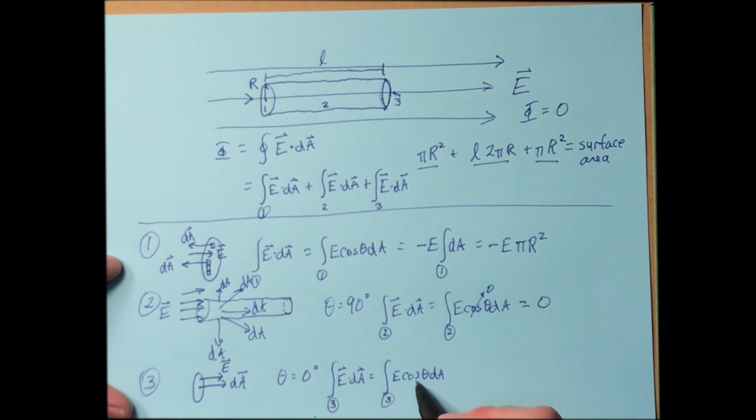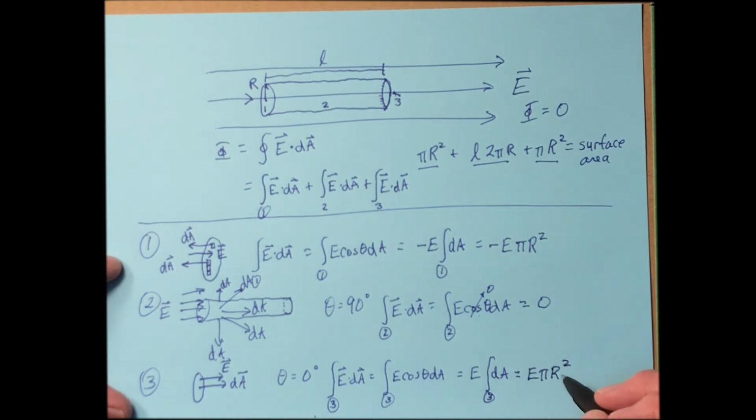The E is also constant, so we can factor it out of the integral because it's exactly the same value at every point on surface area 3. So this reduces to E times the integral over area 3 of all the dA. And what is the sum of all the dA? Well, that's just the surface area,